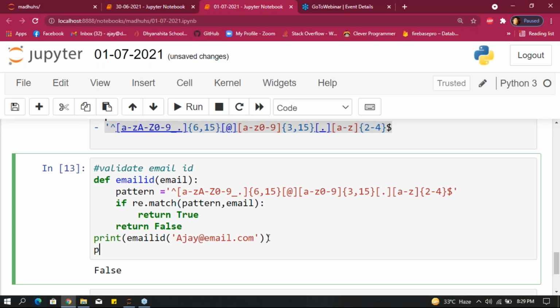After that, print, give that email ID, and give input as Ajay_12@gmail.com. I'm giving here gmail.com.